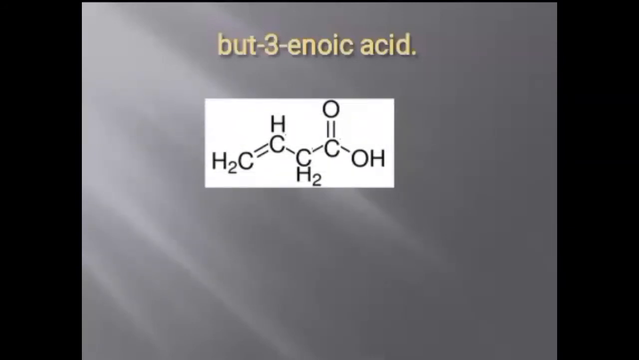Then in the third example, we have but-3-enoic acid. Now that en is trying to tell you that we have a double bond functional group attached to that compound, and that oic acid is equally trying to tell you that we have an alkanoic acid attached